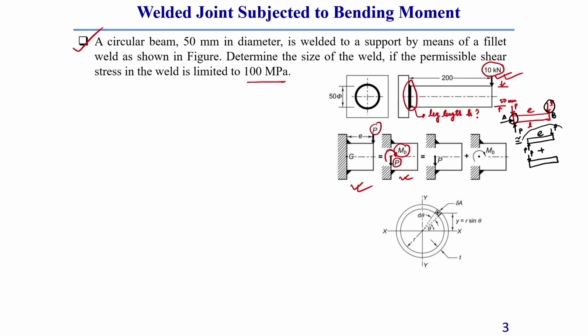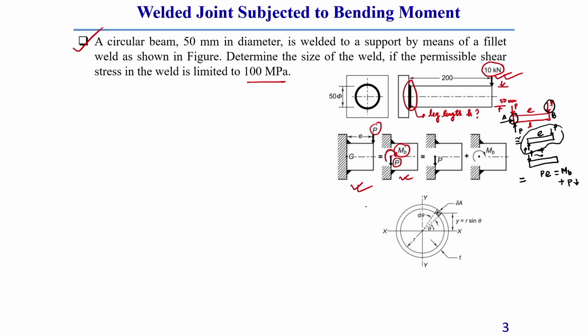Now, these two parallel loads will create a moment, or you can say a couple. So this couple will be P into the distance between the two forces. This is actually your bending moment, MB, and there will be another force which remains as it is, that is P, similar to the force at the end B. This you should keep in mind. So this is the concept generally we use here.